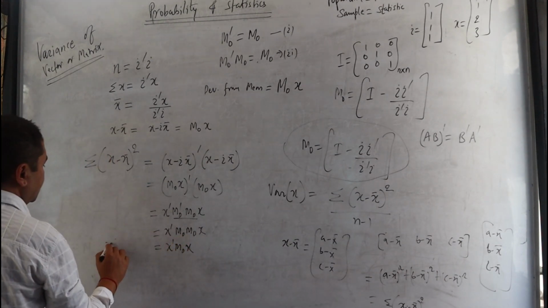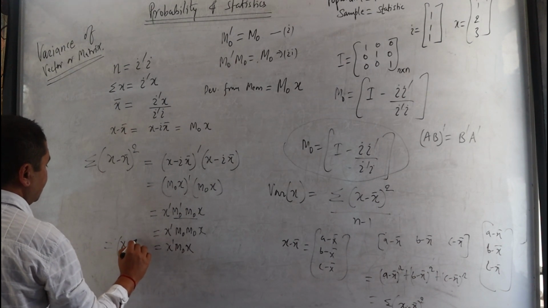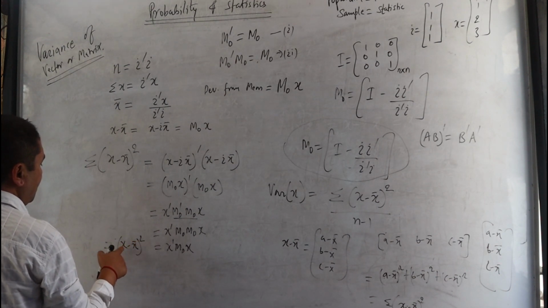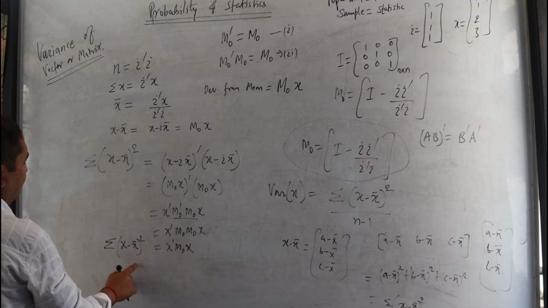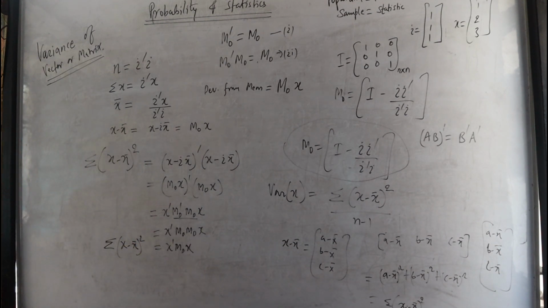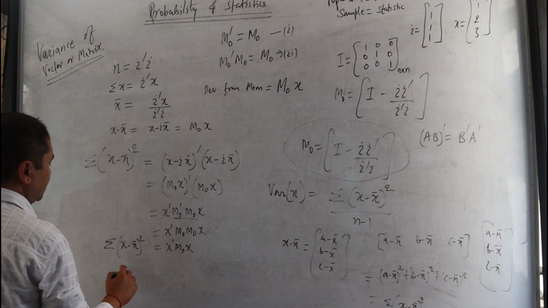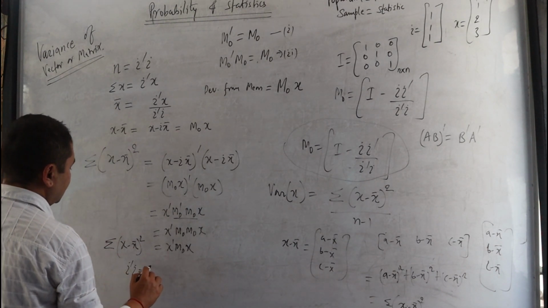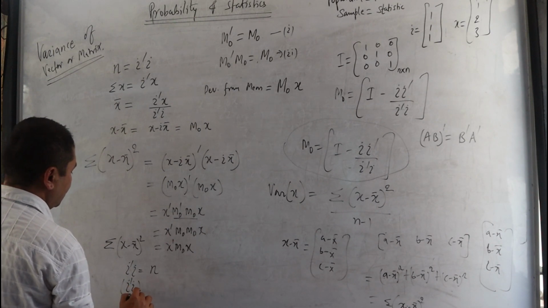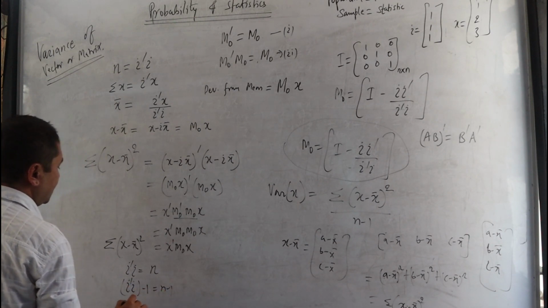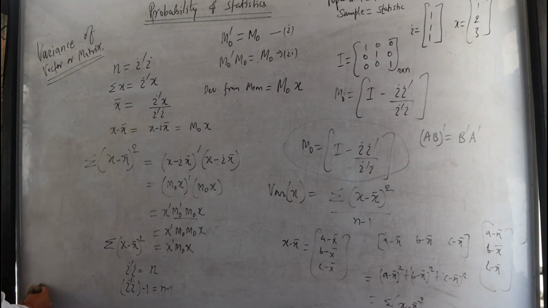So this is equivalent to taking the sum of the squares of the deviation from the mean. Now if we divide this by n minus 1, we are going to get the variance. To divide it by n minus 1, we know that i transpose i equals n, therefore i transpose i minus 1 would be equal to n minus 1. So to sum up,